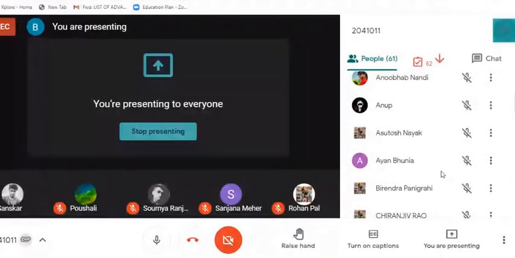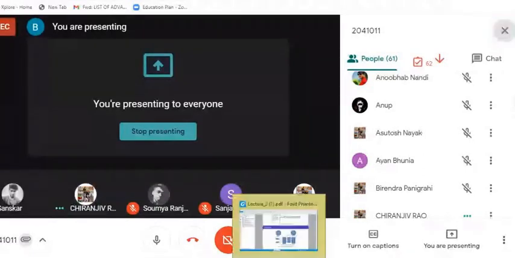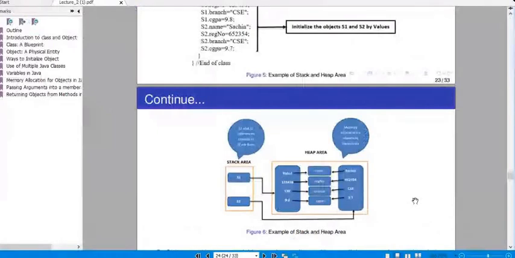Yes, sir. So Chiranjeev, can you explain this diagram? Yes, sir. First of all, S1 and S2 are created in the stack area. What are S1 and S2? Sir, these are objects. These are object references, sir. Then, in the heap area, for name, registration number, branch, and CGPA, two different memory locations are made.